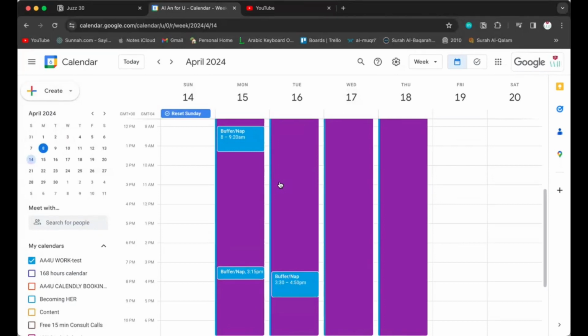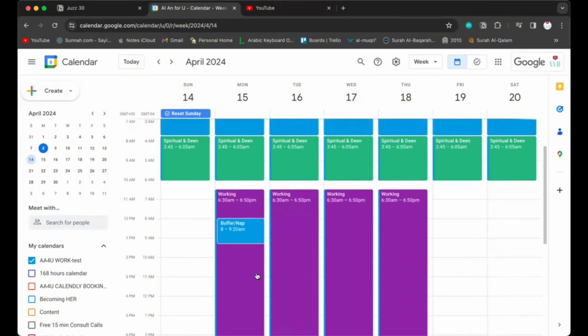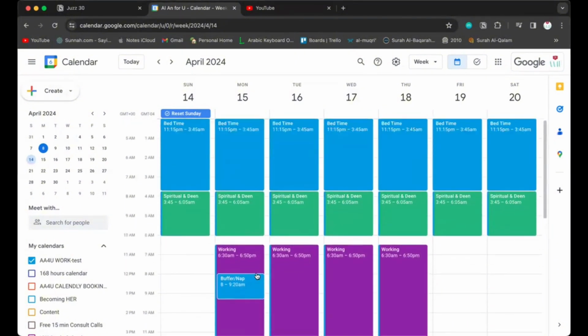Then I come back at 3 something, and then I have this additional buffer. So now if I look at it, I have about 2 hours of buffer. And we said from 11:15 to 3:45, we have about 4 hours, right? So now I'm looking at on Monday having about 6 hours of rest if I indeed go back to sleeping during those times.